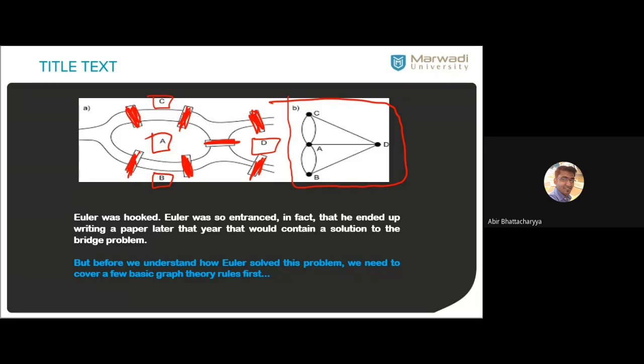From that point, this graph is not a Euler graph. Because if I talk about the degree of D is 3, degree of C is 3, degree of A is 5, and degree of B is 3. So if I observe, all the degrees of the vertices are odd. There is no single even degree vertex. That means this is not a Euler graph.